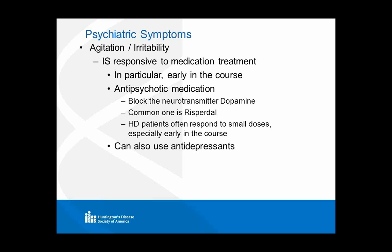You can also try antidepressant medications to help with these mood shifts. In general, once again, in this context, we're not necessarily targeting depression, but we're targeting the agitation and the irritability that can